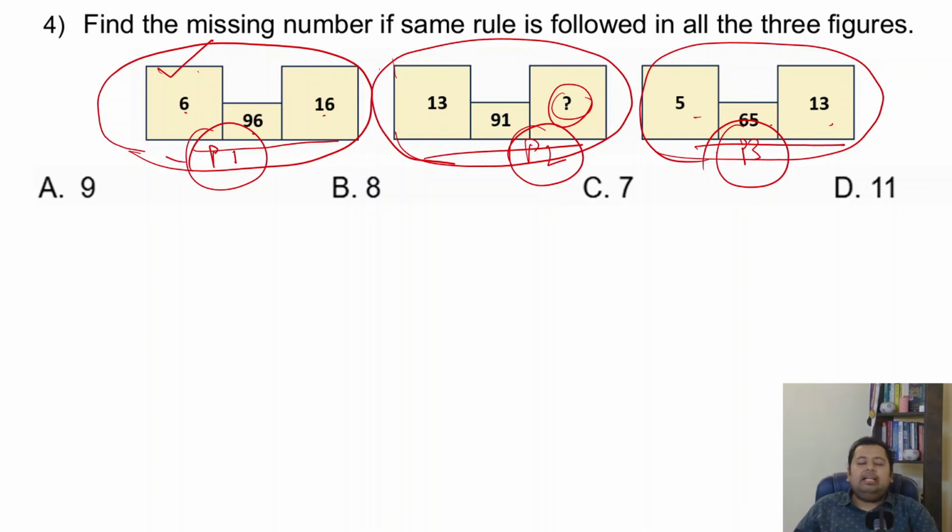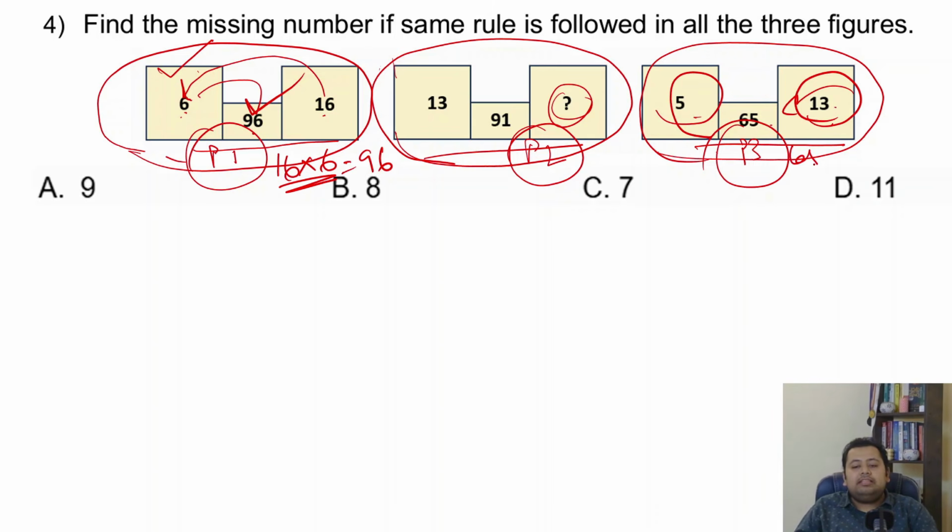But if you have not got it correct, let's try and break this down. I'm sure by now you would have already learned multiplication and tables, right? You are in class 3 already, so you are aware of that. So if you know the multiplication table of 16, right? 16 multiplied by 6 is what? It is 96, correct? So this is nothing but 16 multiplied by 6 is 96. Similarly, 13 multiplied by 5 would give you what?